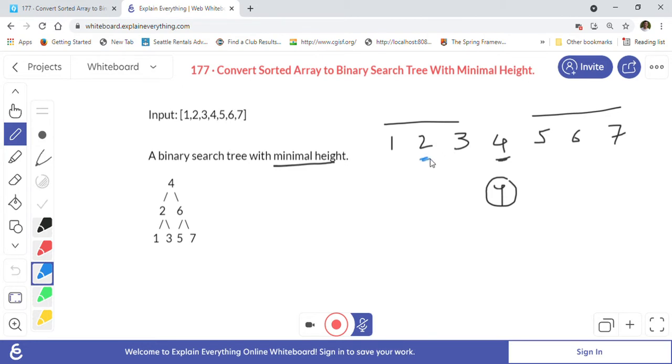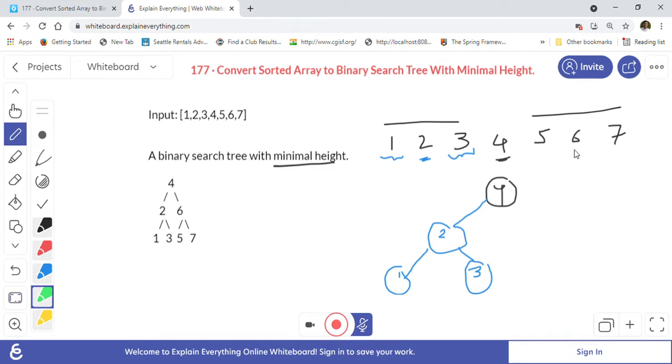Now we will take 2 as the root for this subtree, and we will create a subtree from that root. Like 2 is here, then the left subtree is only one element and the right subtree is only one element, right? So we will create one node here and attach it to 2, and we will create one node for 3 and attach it to 2 on the right side. And then this whole subtree that we have created, 2 1 3, we are going to attach it to 4, right? So similarly we will do on the right side.